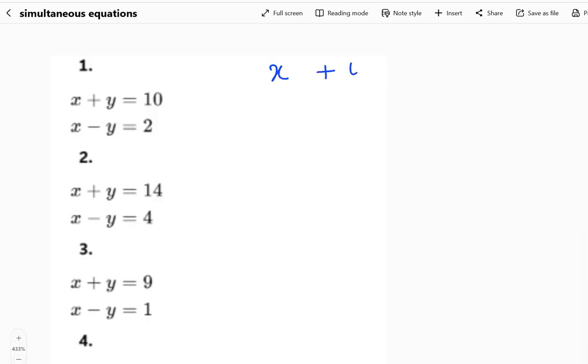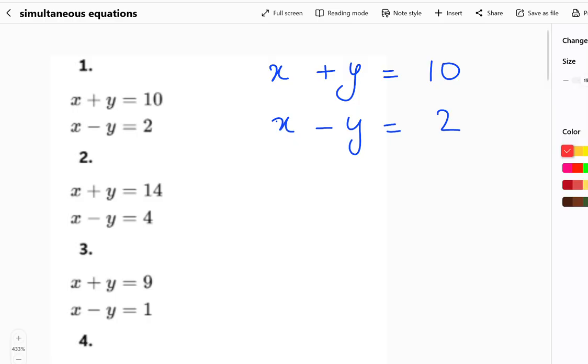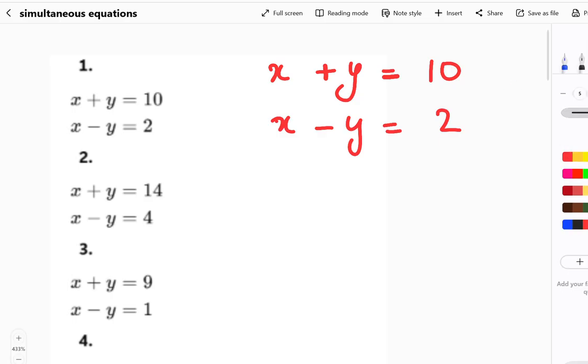X plus y equals 10. X minus y equals 2. So as you can see, we have two equations. We're starting with method 1, solving the equations. So first you need to think,